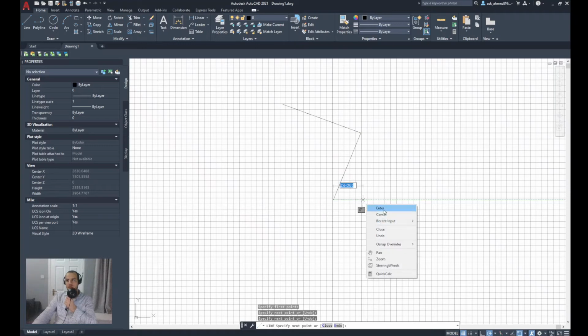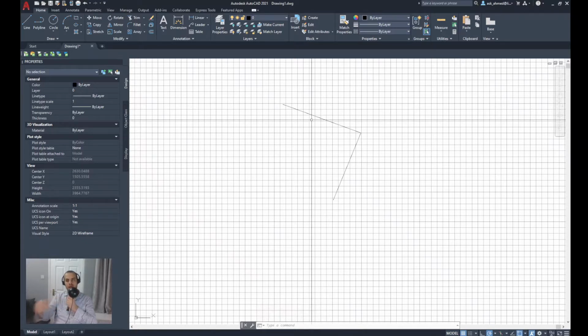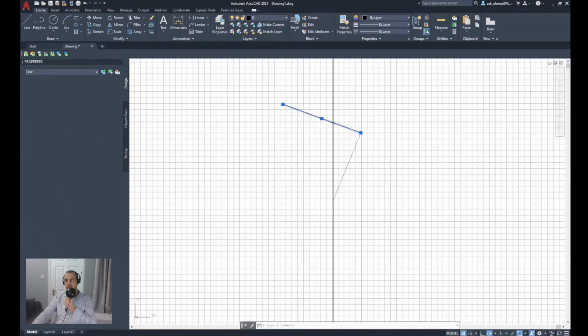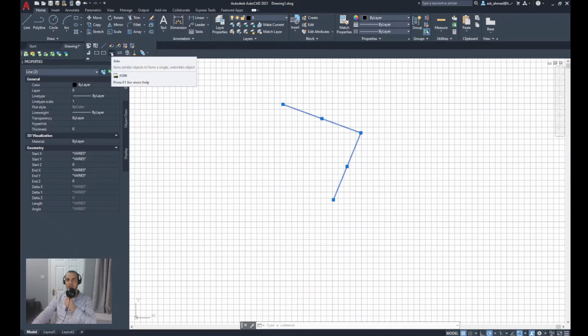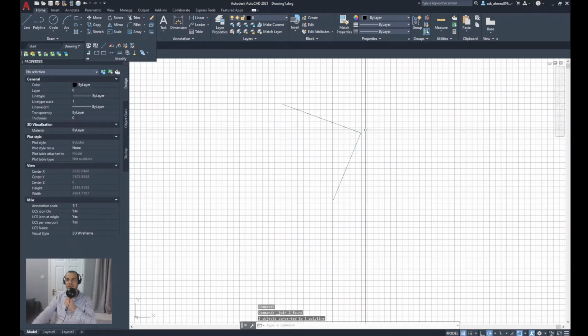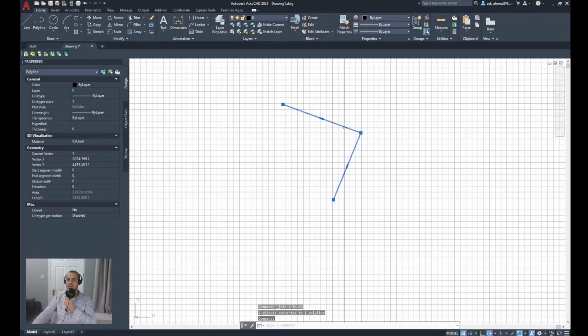And show how we can convert this line into a polyline. There is a quick and simple way. Just select these two lines, and from the home modify panel, expand it and select the command join, and by this command you can see that this now becomes a polyline, and you can see the name of the object